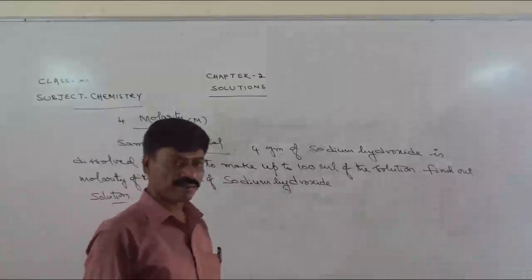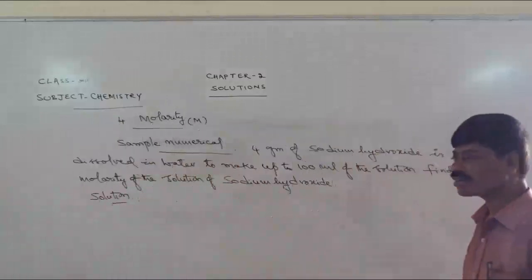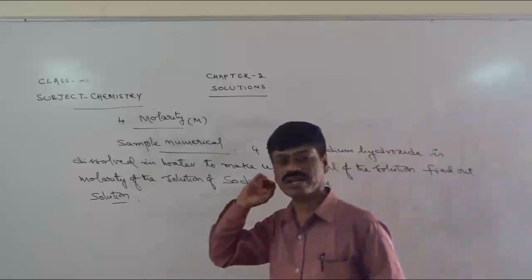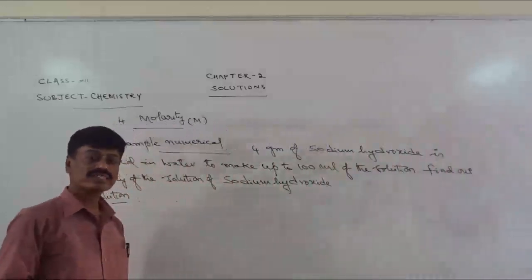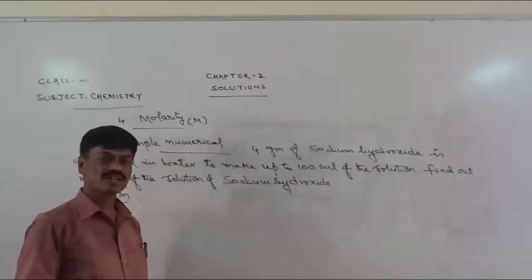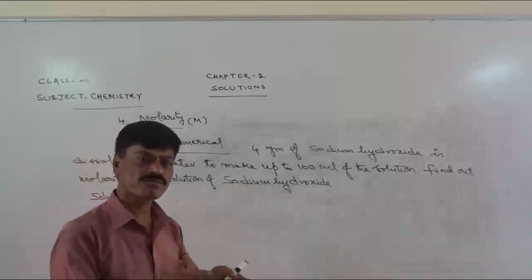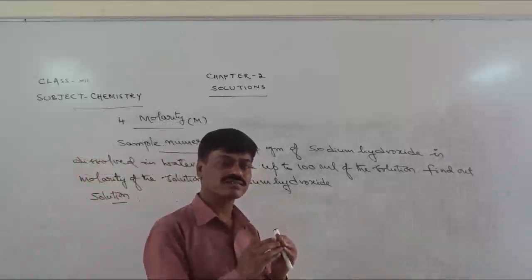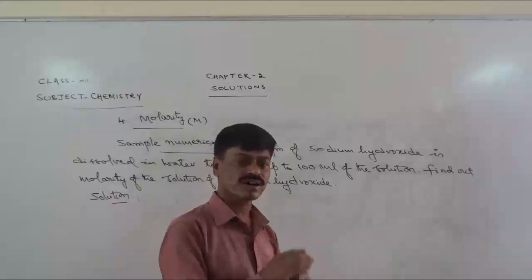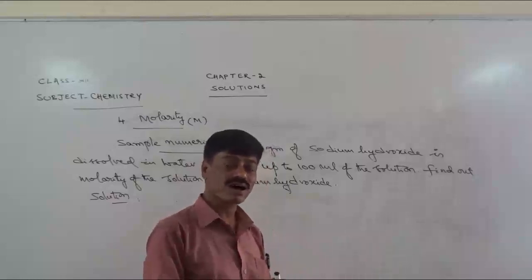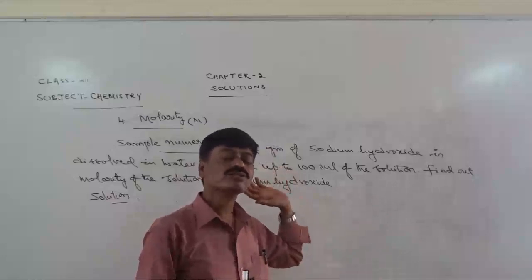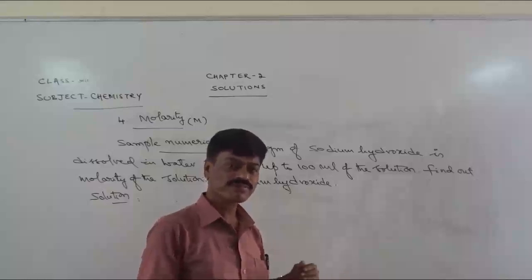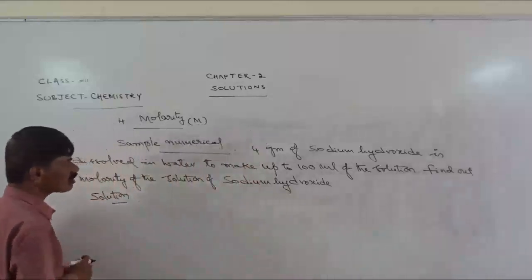Here one more thing you need to remember. If this numerical is given for 2 marks, the marking scheme is like this. The data given in the numerical, that you need to write, carries half mark. Next you need to write the formula, half mark. You need to substitute values, half mark, half plus half, 1.5 over. Then you need to go for cancellation to get the result with appropriate unit, that is half mark. So half into 4, 2 marks. That is the marking scheme of this numerical. So children, if you do not know how to work out, at least if you write the data, you will get half mark. Now let us see the data.